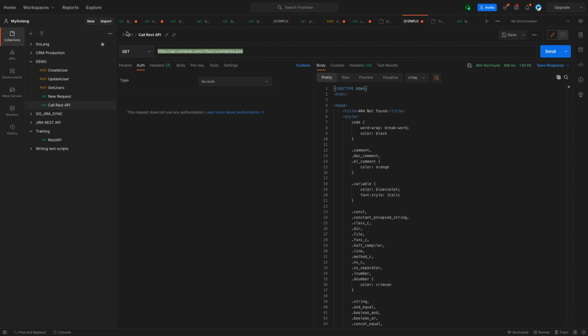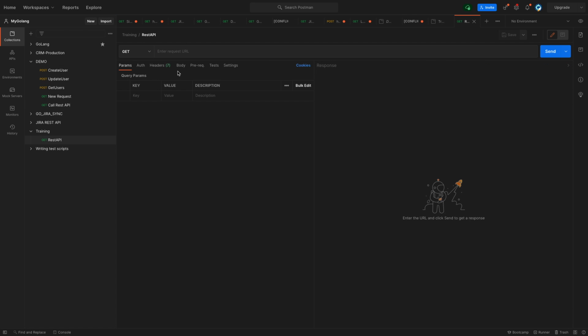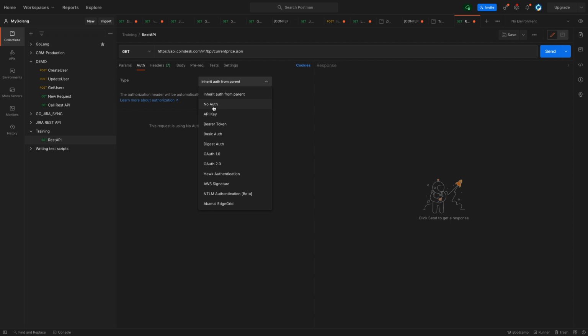Now moving to second step, which is we need to add the API endpoint details along with the authentication. So I already copied the endpoint and I'm pasting it here. So this would be my endpoint which I would be calling to get some information. And now this particular endpoint doesn't have any authentication. So for authentication perspective, it will be no auth.